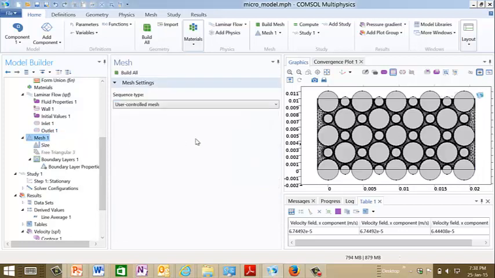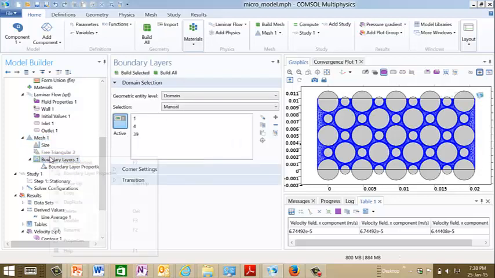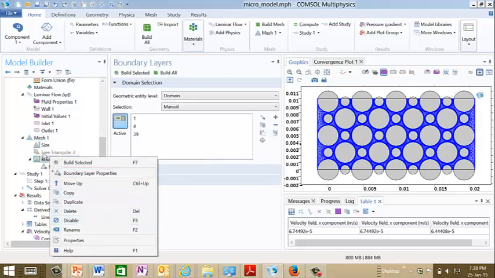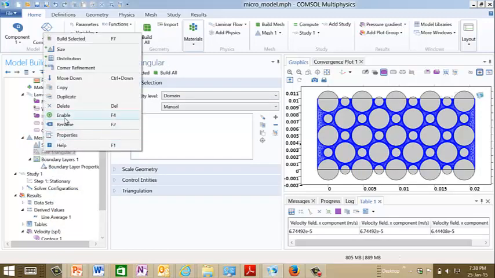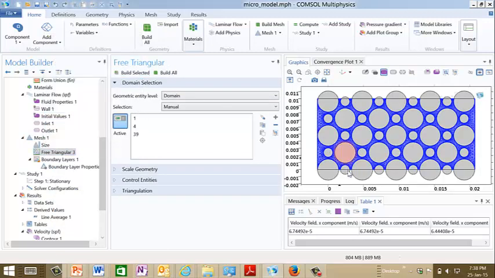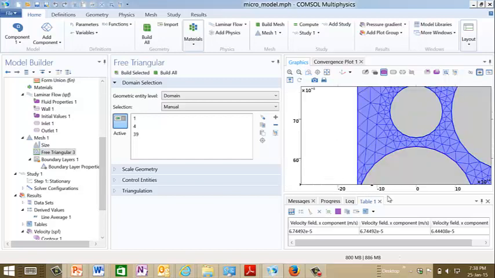Now the mesh that I used is important because the default mesh for this problem doesn't really work too well, and let me show you why that is. I'm going to go and turn this back on and rebuild this. Here's what the mesh looks like. This is what the default mesh looks like here. There you go. So it's a triangular mesh and it gets a little bit finer near these grains,